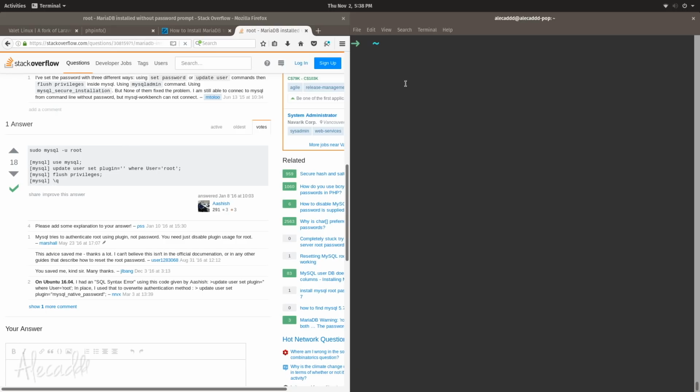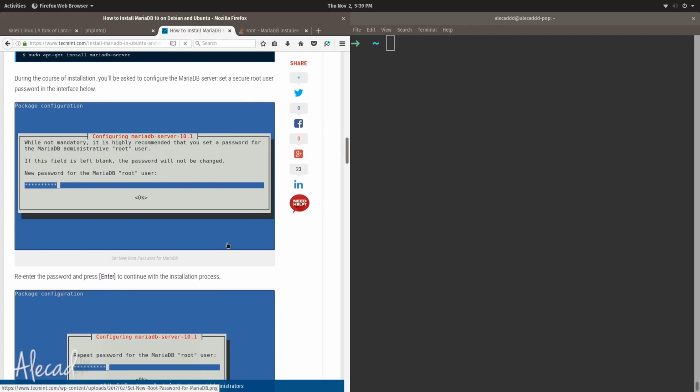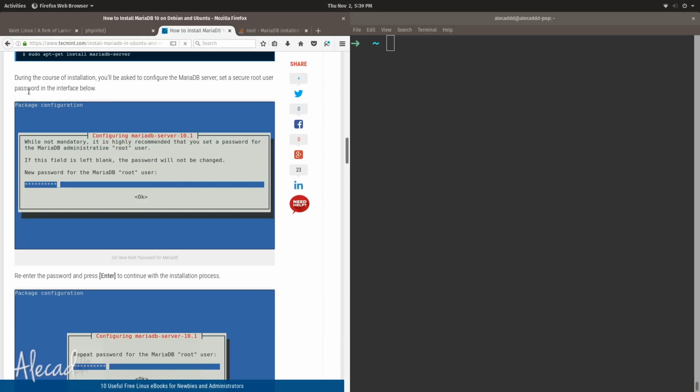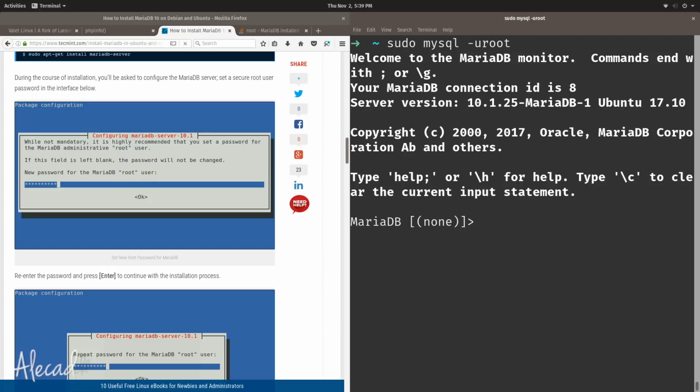You probably noticed that during installation, we didn't get any prompt of configuration that usually you get when you install MariaDB. And this is an example that you probably have in some Ubuntu installation. I don't know why sometimes I get this prompt, sometimes I don't. Honestly, it's totally random, I don't understand it. But by default, MariaDB, when you install it, automatically sets the username as root and sets no password at all. So we can still log in inside our installation by accessing the MySQL login via sudo. So let's type sudo mysql -u root to say let's use the user root, and automatically we're gonna get a prompt